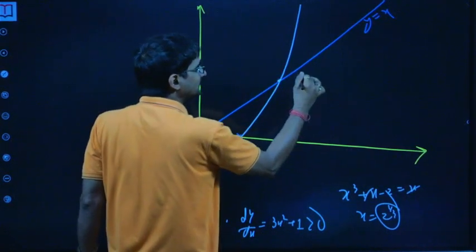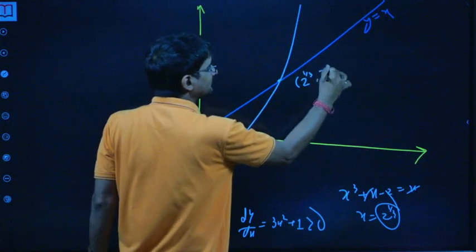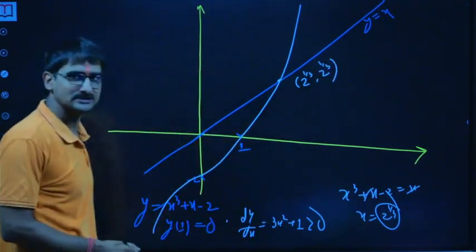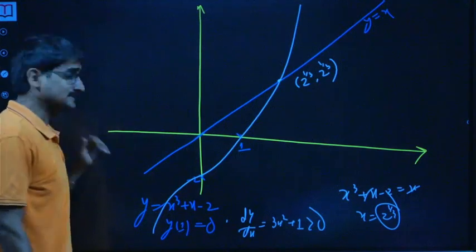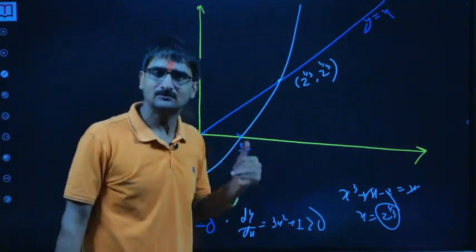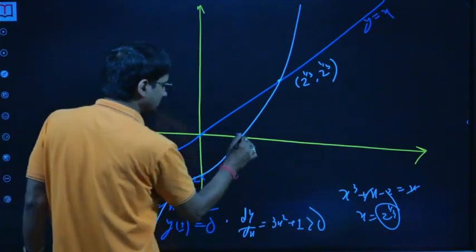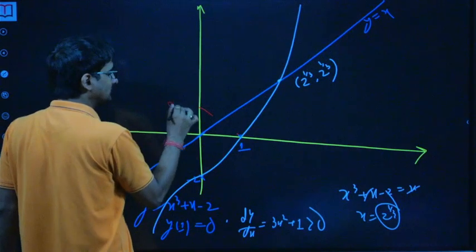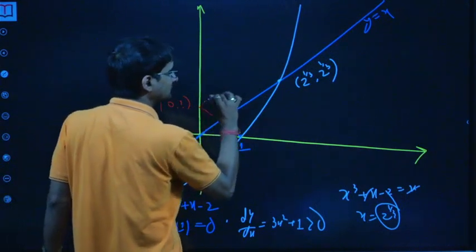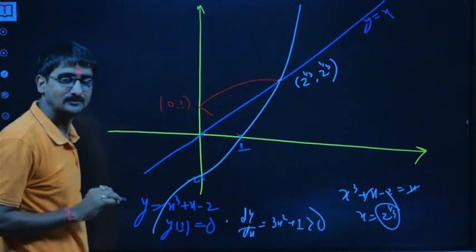Since this point lies on the y is equal to x line, both abscissa and ordinate have to be the same. Okay, now as we have already discussed, the curves of f inverse and f(x) are mirror images on the line y is equal to x. So the mirror image of this point will be here, which is 0, 1, and the rest will go something like this. Now what are we looking for?